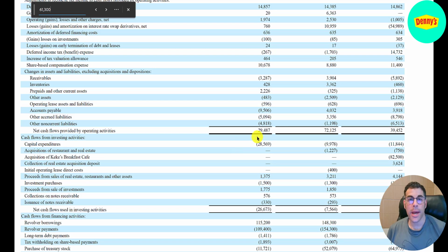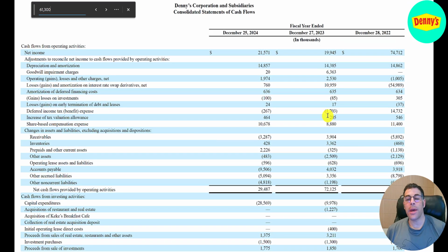So they had no cash remaining. Last year was better, $72 million of operating cash flow, $10 million of CapEx. But even last year was only 60-something million. It would take them 3 to 4 years to just generate enough cash to pay off their debt, assuming they were able to replicate 2023. If they replicate 2024, they have no extra cash, so they definitely need to take on debt to pay the